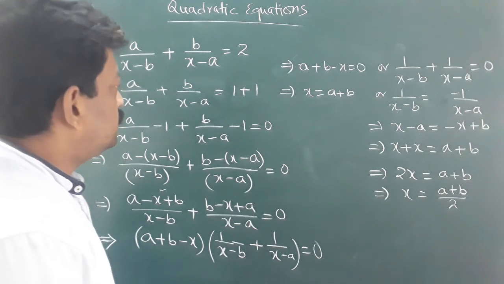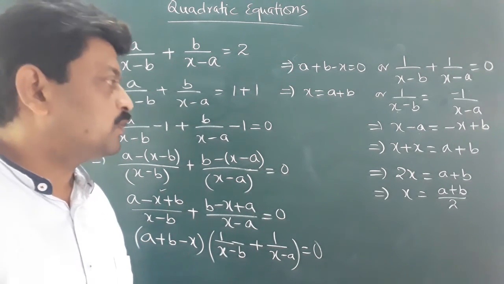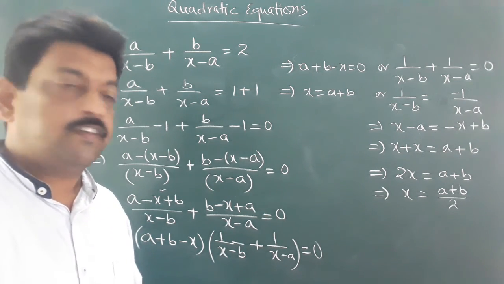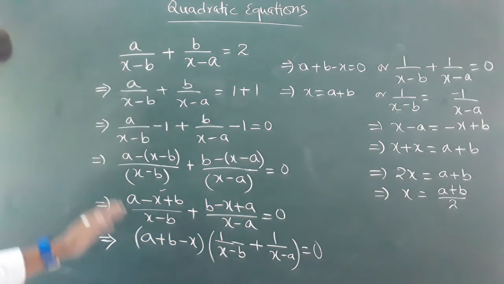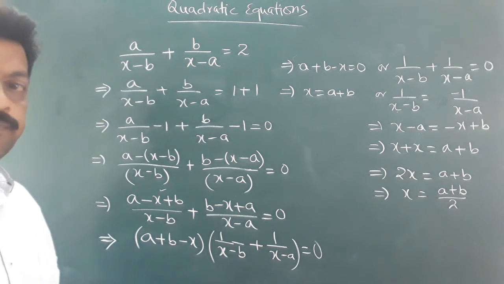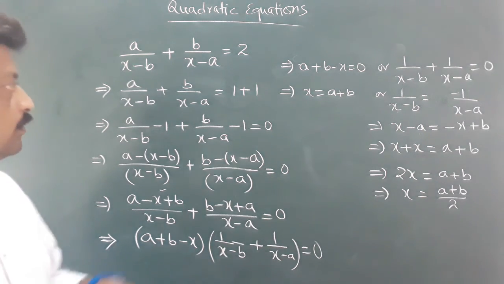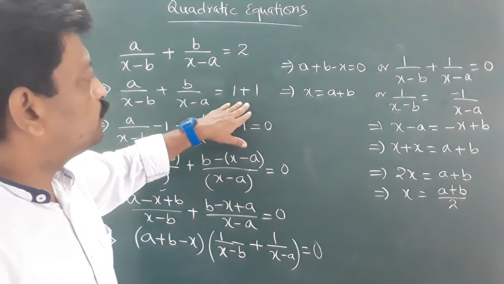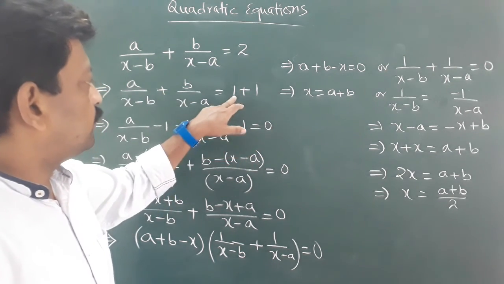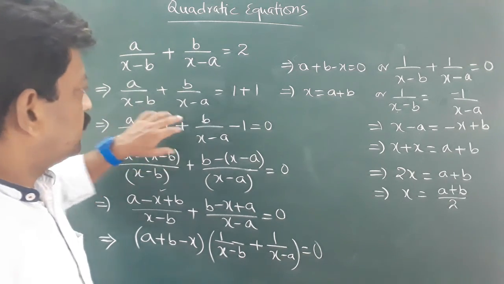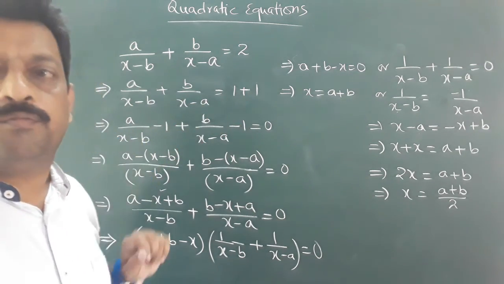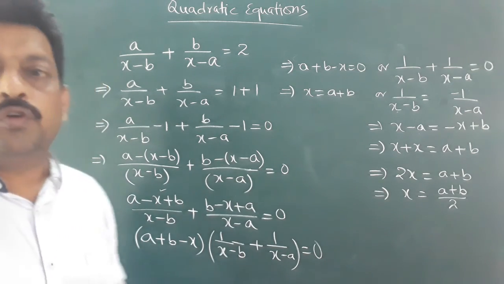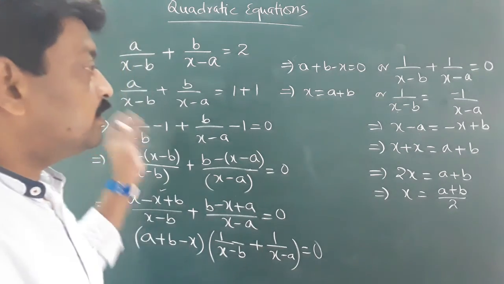Understood? So this sum was also a bit lengthy, but not so hard. We can easily solve it by using our concept of algebra. Okay. So student, just go through the whole sum. Sometimes we have to use a technique. What I have done now, 2 is broken into 2 parts, 1 plus 1, and this 1 is written with the first term and the second one is written with the second term, and then simple LCM and simplification. So hope you have understood. Now we can do any sum of this type.